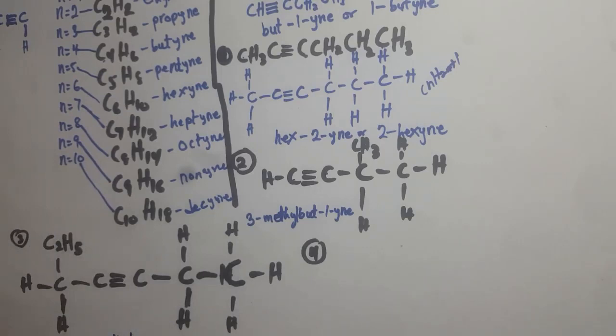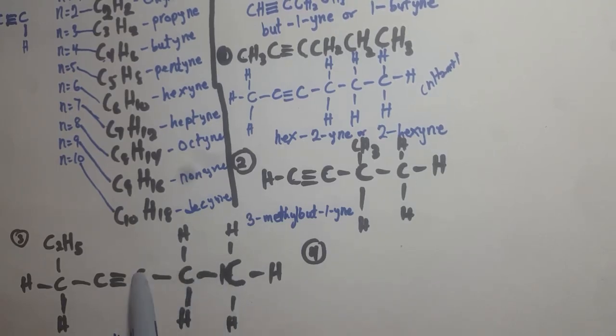So instead of calling this maybe 1-ethylpent-2-ine, because you are thinking it's 5, 1, 2, 3, 4, 5, you are not using the longest chain. So you might be penalized for that. So it's 1, 2, 3, 4, 5, 6, 7, because you're always using the longest chain. Since you are using the longest chain, this is not an alkyl group. So the name is going to be,